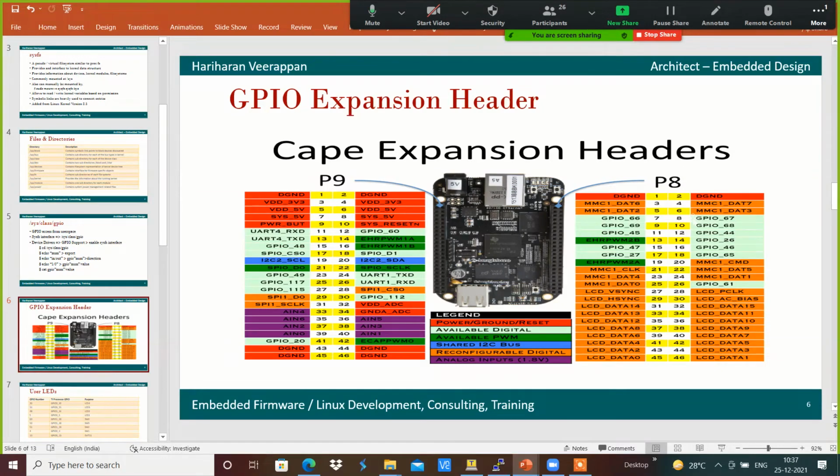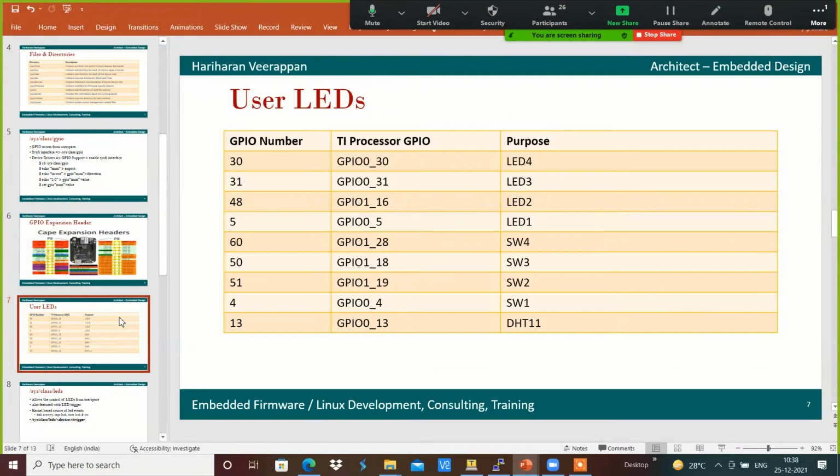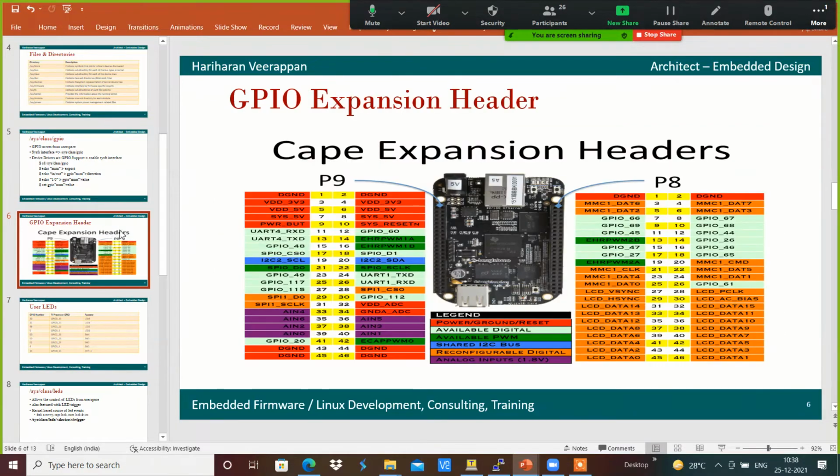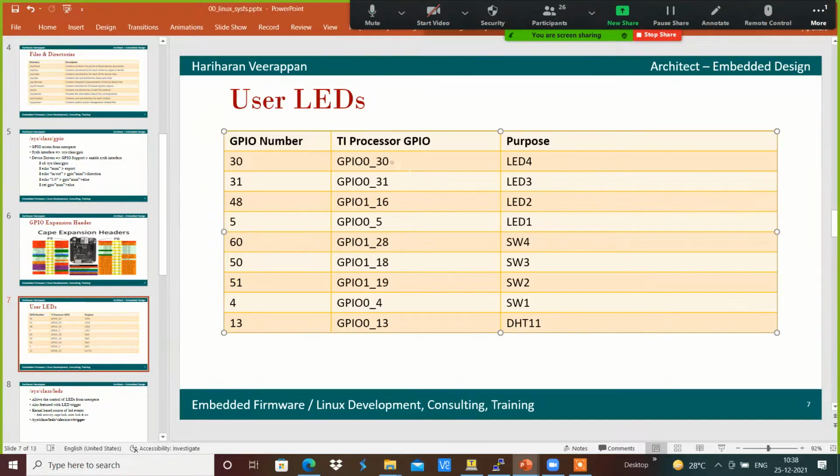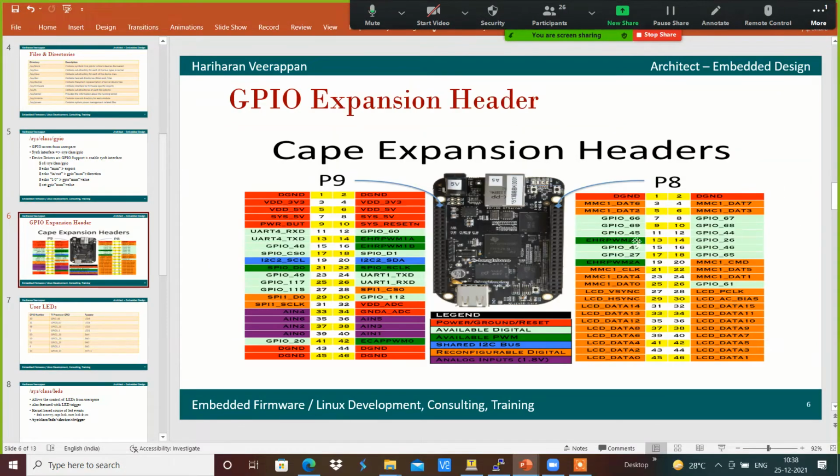It's something that we are able to access the GPIO with the help of sys class GPIO that we got exposed over here. And the same way, for example, there are the GPIOs connected with the LEDs, something like GPIO 66. We will be connected with GPIO 66 over here, and 67, and we got connected with 68 and 69.